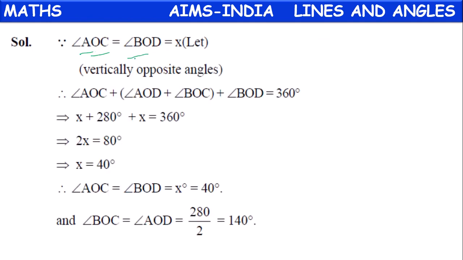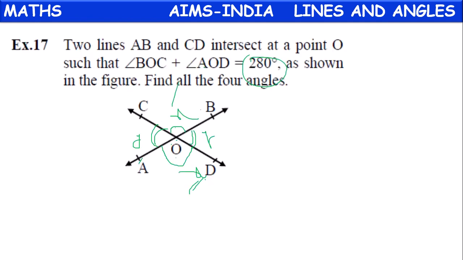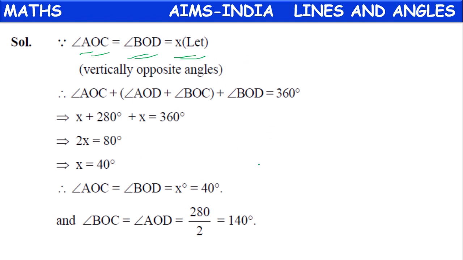So AOC, BOD, let it be x. These two are equal, these two are equal. Sum of all the four angles around a point equal to 360 degrees. So AOC plus AOD plus BOC plus BOD equal to 360 degrees. But the sum of these two, AOC plus BOD,